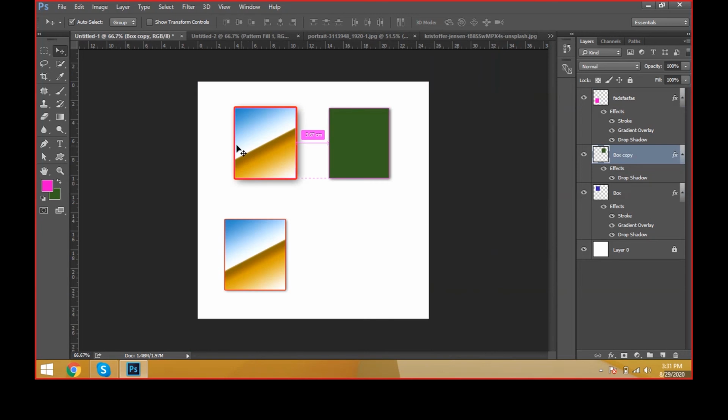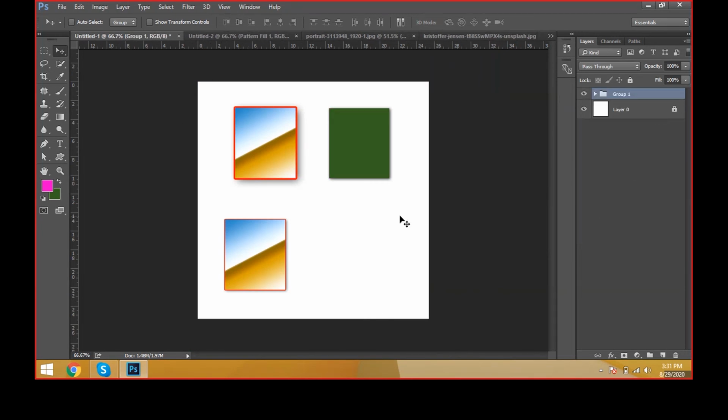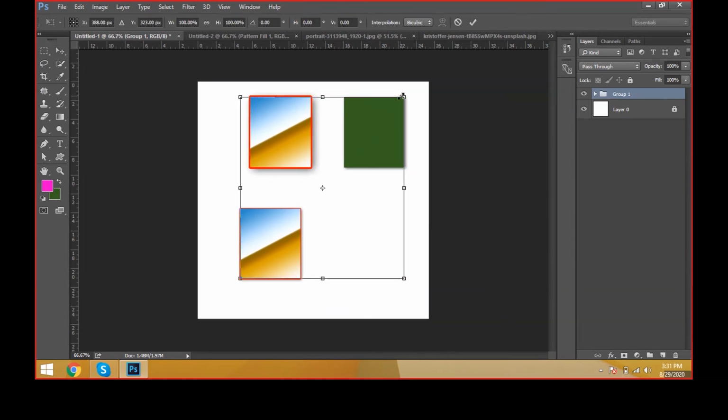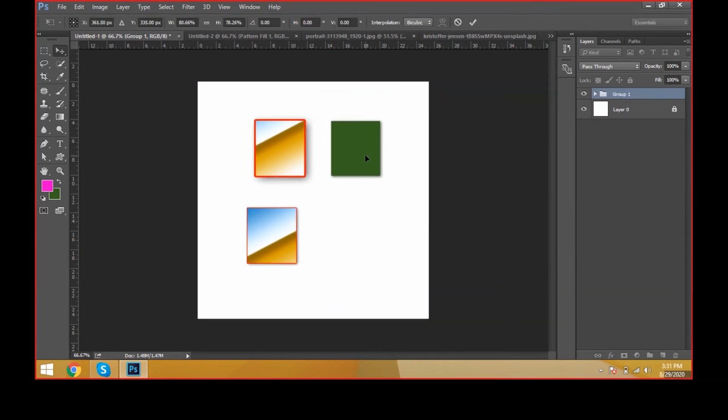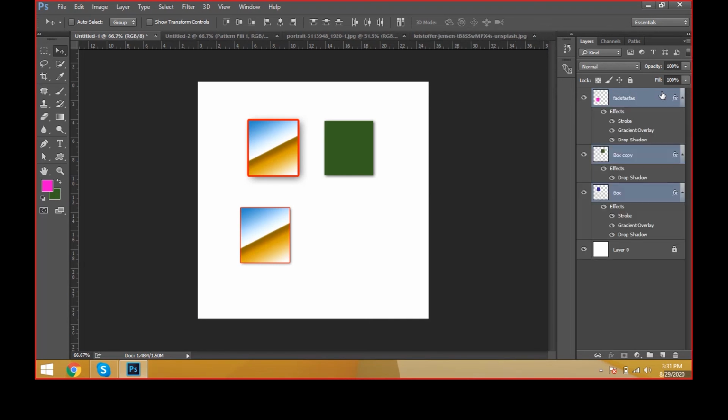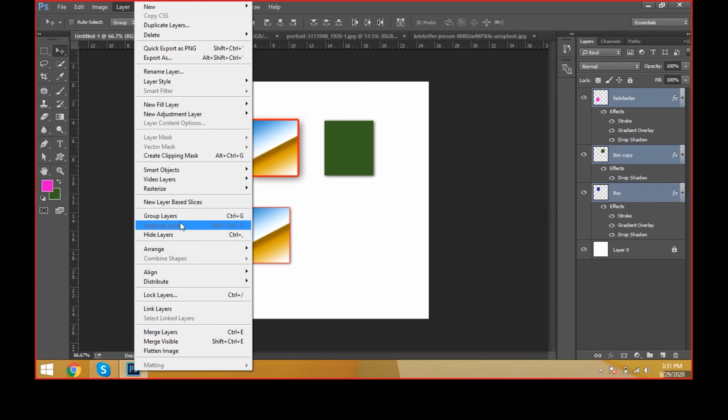We have seen the starting step. Select the three objects here and click Control G to group. You can move them at a time in the group, and you can transform them at a time in the group using Control T for transform controls. Okay, again Control G is for grouping the objects. To ungroup the objects, press Control Shift G. That is the option we have here, grouping and ungrouping.